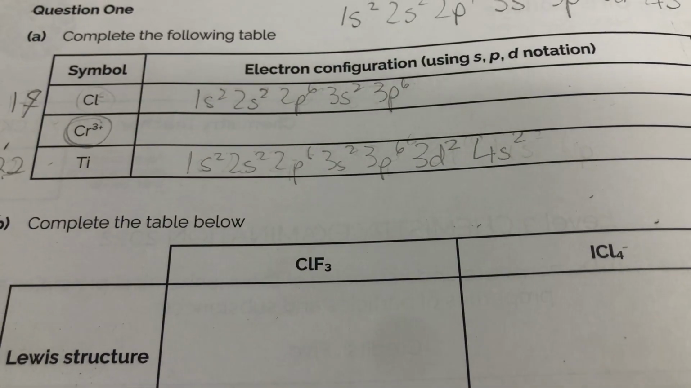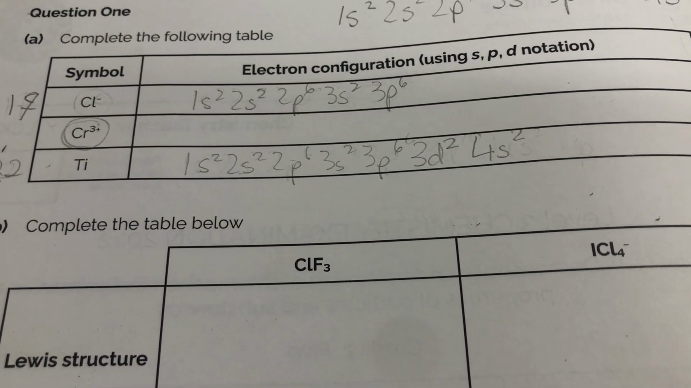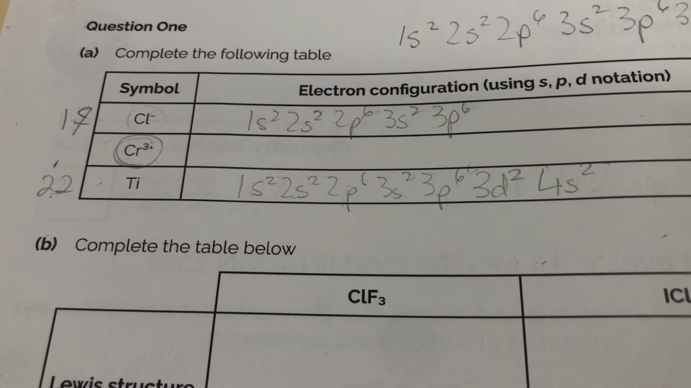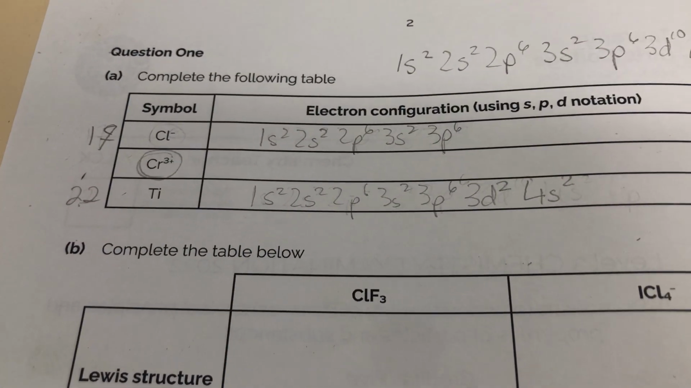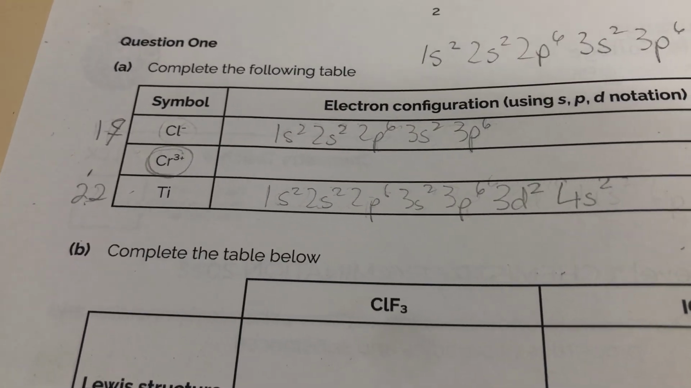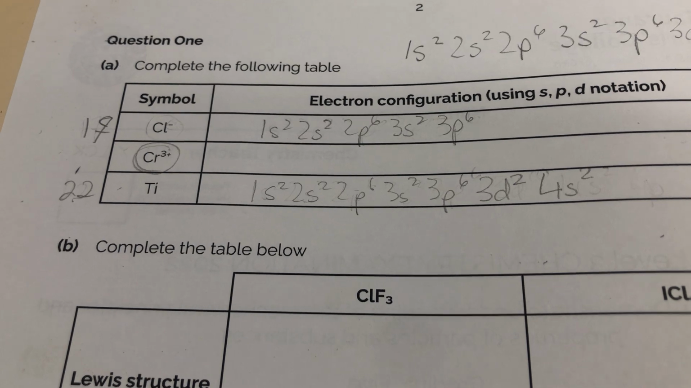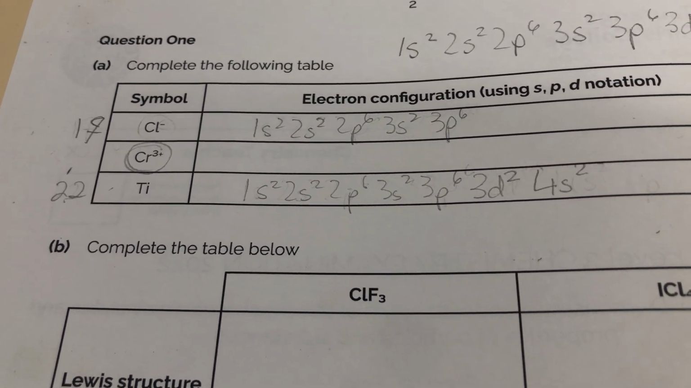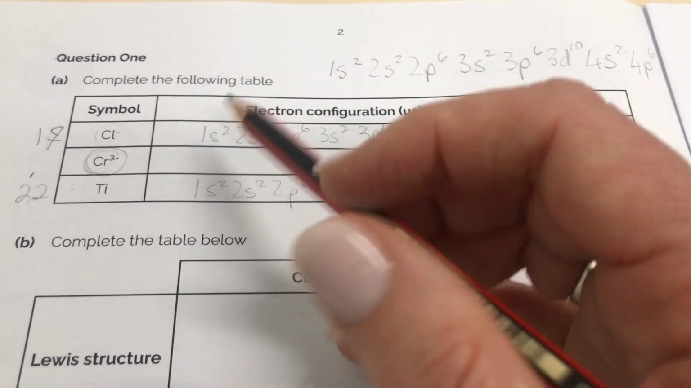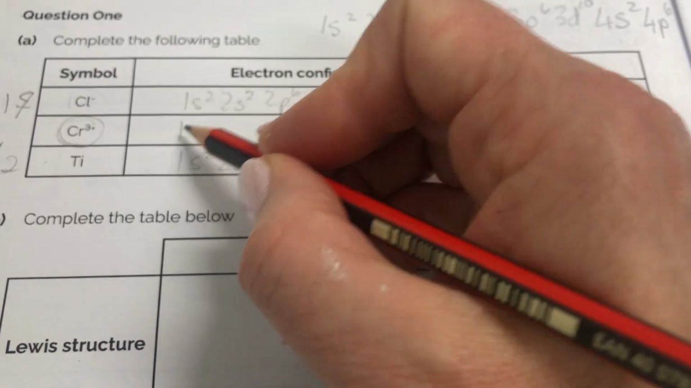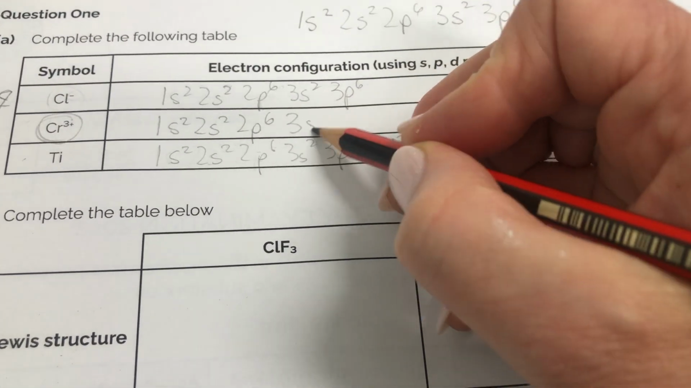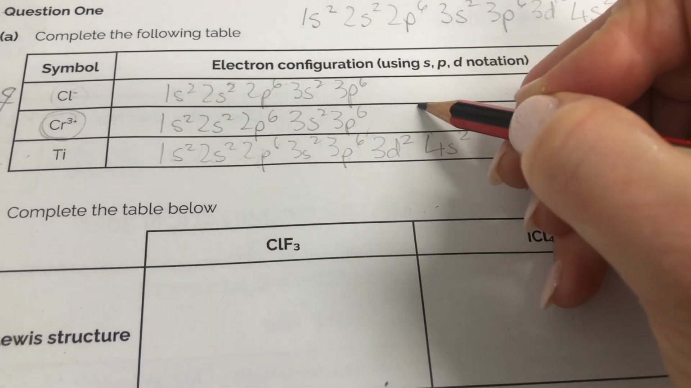So chromium is actually an exception, I think. Where's my periodic table? It must be number 24. I'm just going to check that on my periodic table. So what we need to do with a positive ion, number 24, is we need to write the atom first. So I'm going to write out 24 for chromium. Okay, now chromium's a tricky one. 3s2, 3p6,